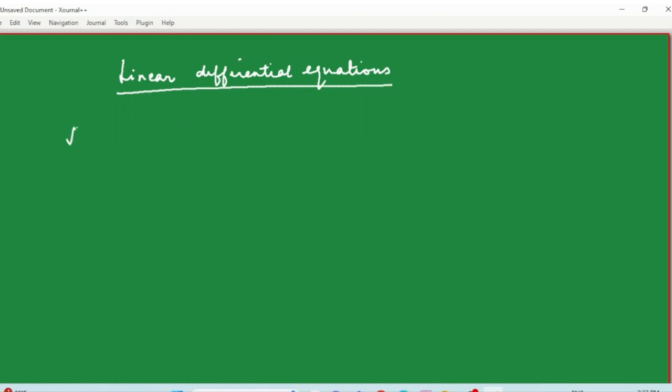Hello everyone. The differential equations that we are going to learn in this video are called linear differential equations. So let's begin with the general form of such equations. A first order first degree differential equation is said to be a linear differential equation if it looks like this: dy by dx plus py equal to q. That means the derivative of y with respect to x plus p times the dependent variable is equal to q,